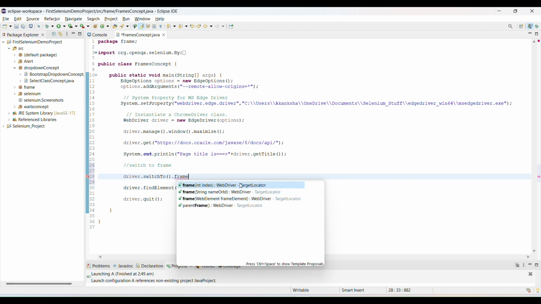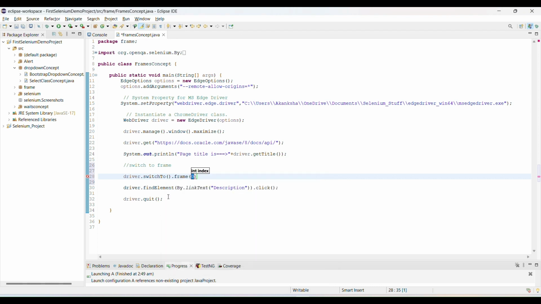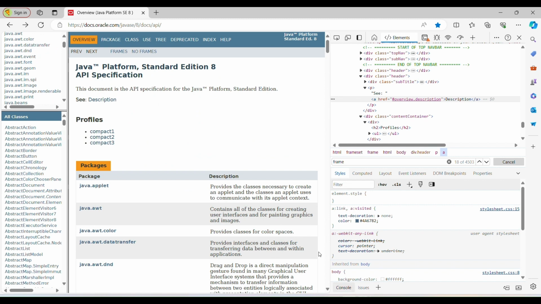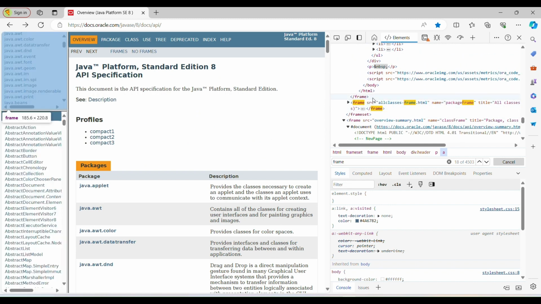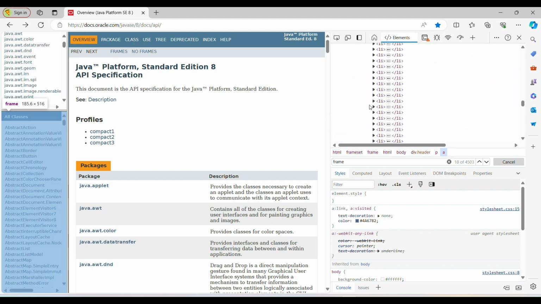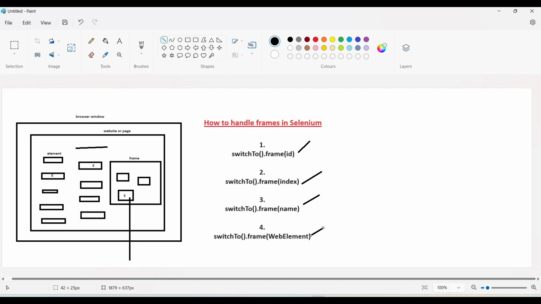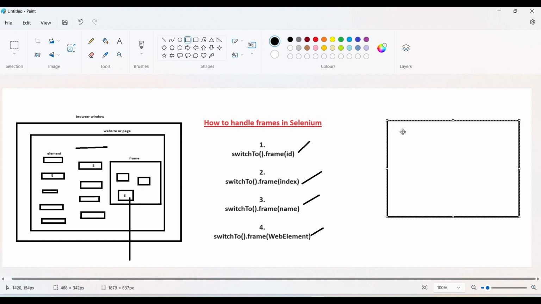So first of all I want to show you the index part. Simply select this index. How are you going to check which index? Just check how many frames are available inside this page, and that way you can check. And always remember, index starts from 0, right? So see, this is the page.